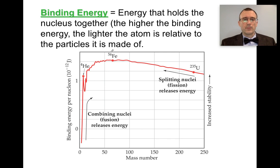So an iron nucleus, for example, iron-56, has a number of protons and neutrons in it, and those protons and neutrons have a very large binding energy, and that binding energy is what holds the nucleus together. And if that were to split, that binding energy were to decrease, and you would, in that case, increase the mass. So what happens, let's say, for uranium-235, when that splits, you have an increase in binding energy, and that increase in binding energy corresponds to a release of a very large amount of energy. So going from uranium-235 to various different elements, whether it's krypton or whatever else it turns into,